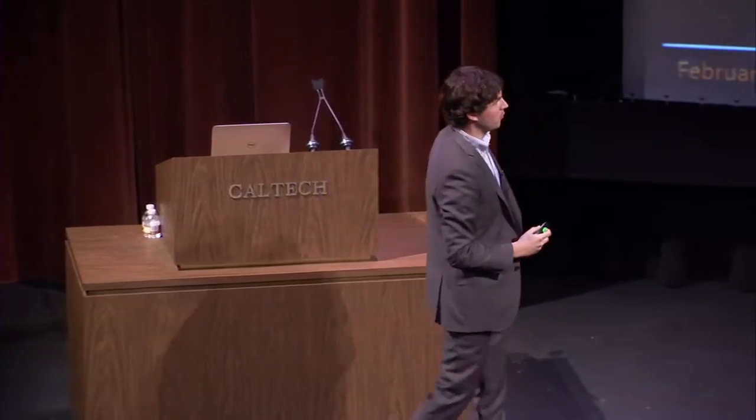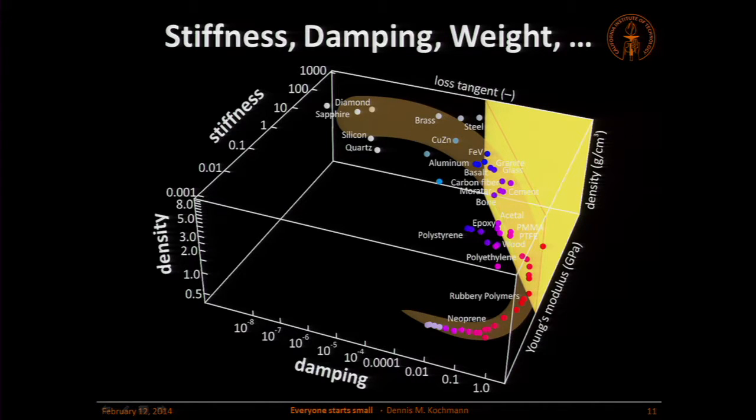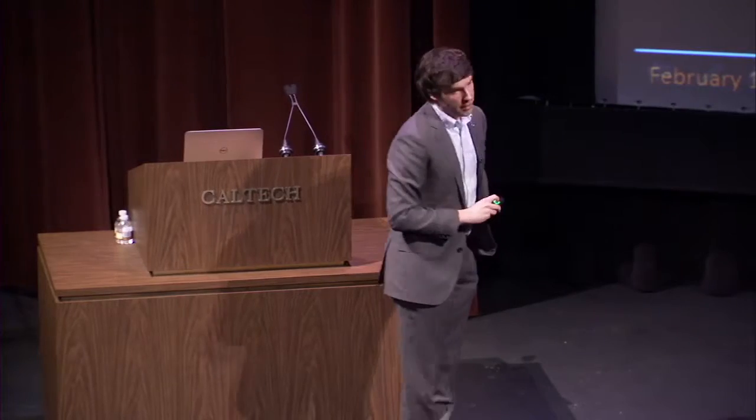If you want something with high stiffness and high damping, you have a hard time finding material that meets these requirements. Of course, you may say nowadays you have composites, and people do all kinds of things, but you can't really do this with composites, and the reason is the following. A composite is nothing else but you take two materials, you combine them, and you get something new that has new properties. If I take 2 points in here, for example, let's say I take something stiff, such as diamond, and I take something which is not so stiff but has high damping, such as a rubber, and I combine these two into a polymer, you get something new.